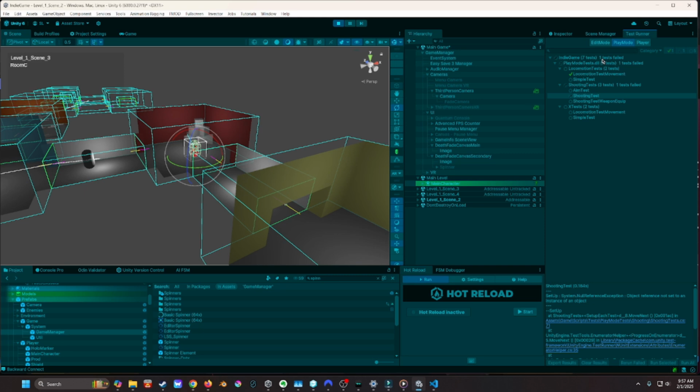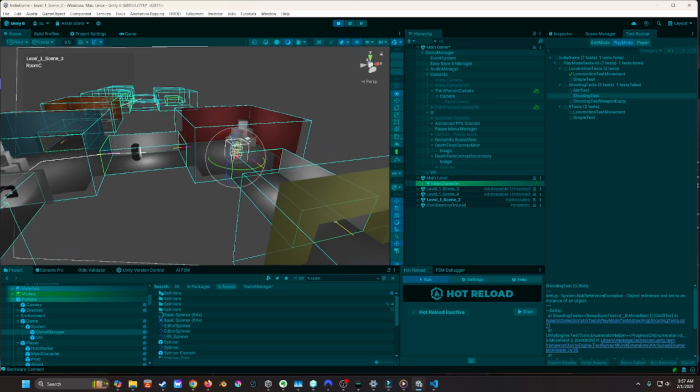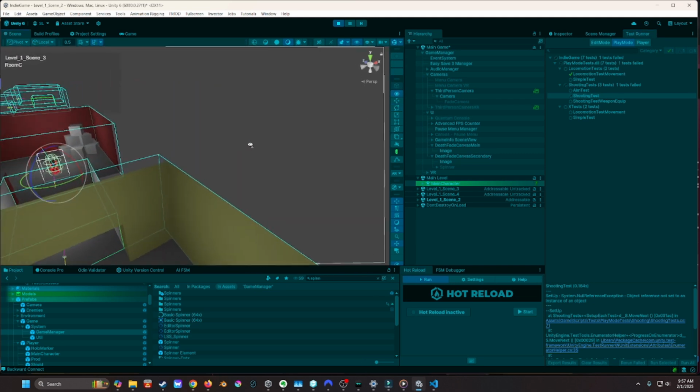In the end, I got all the tests working again in a much better way, with things I learned along the way like asynchronous loading and waits with coroutines. So it's looking a lot better and ready for adding tests